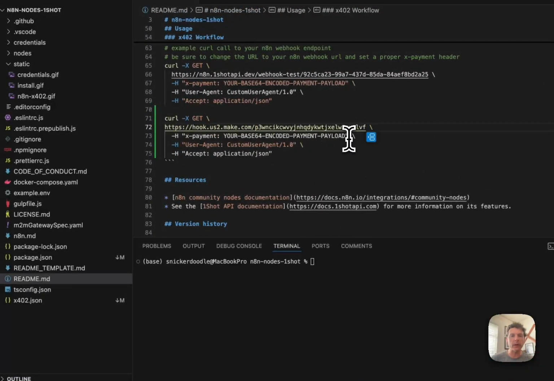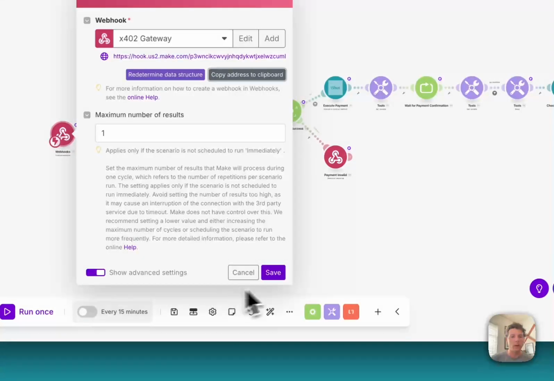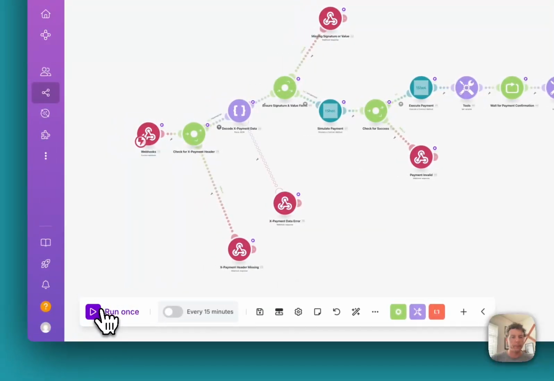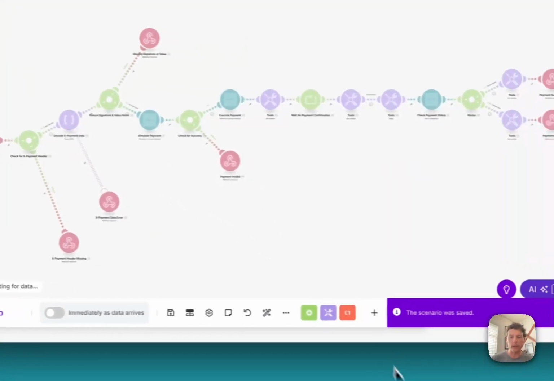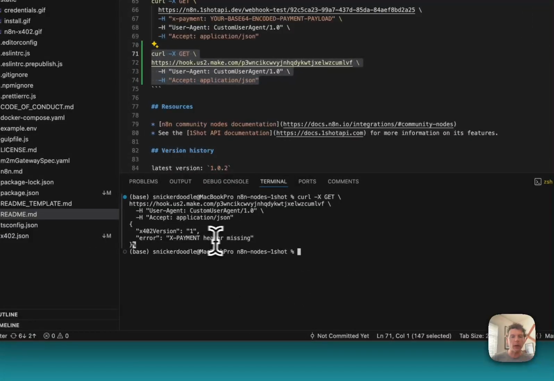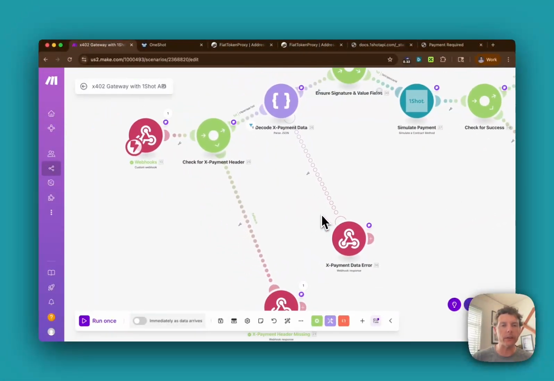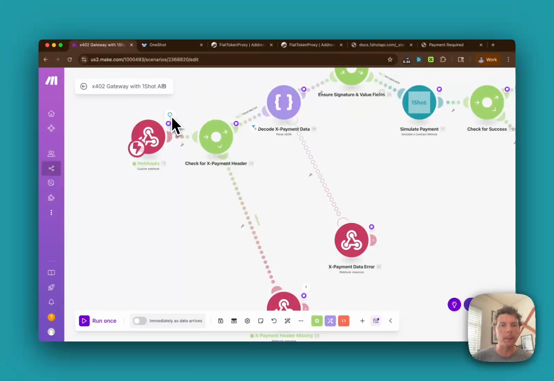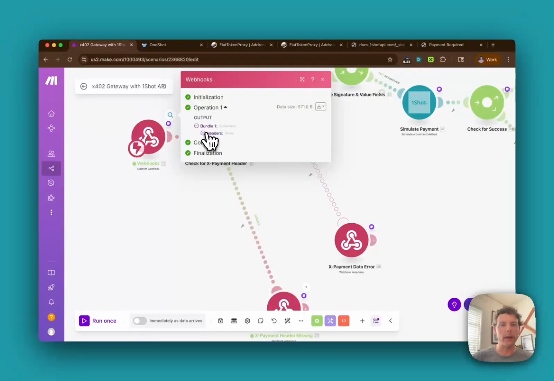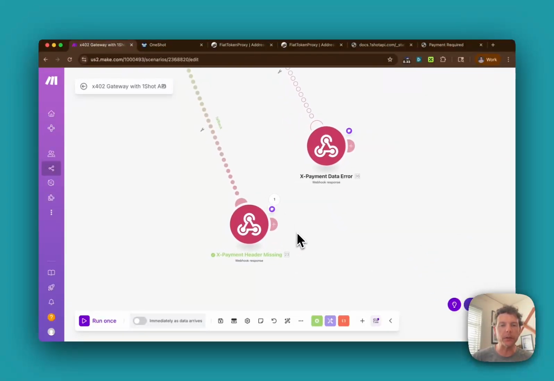And the first thing we want to see is if we leave the X payment header off. Let's make sure that our scenario handles it appropriately. Let's copy that, paste it here. Enable our scenario, and then let's hit it. So you can see here, X payment header missing. That's what we were expecting. And one thing you can see from Make Scenarios, it's very easy to visually debug what's happening. You can see here the state, hit the webhook. There's our payload with the headers that we received,